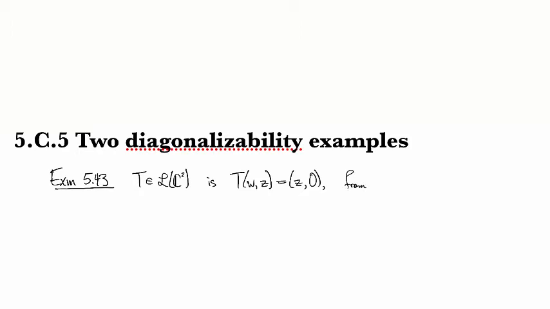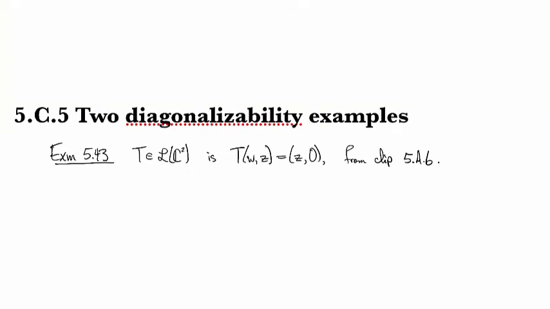We look at a couple examples of diagonalizability or diagonalization. So for the first one, we revisit an old example. Take T to be the operator on C2, which is given by moving the second entry to the first and killing off the other one. So this is the combination rotation and projection that we saw back in clip